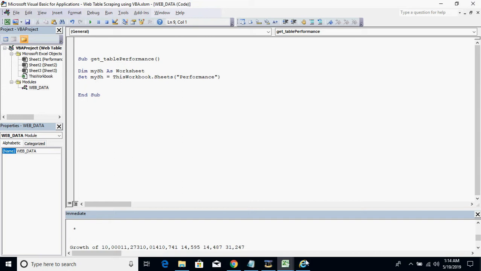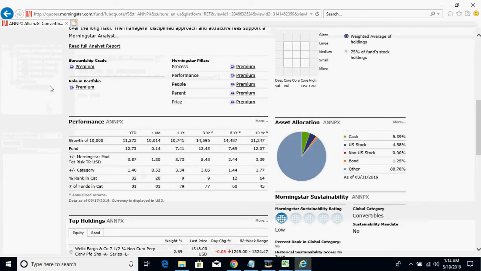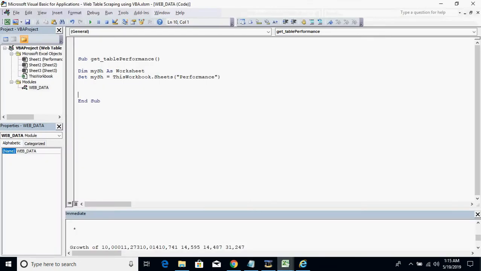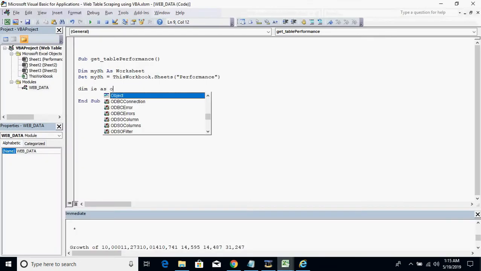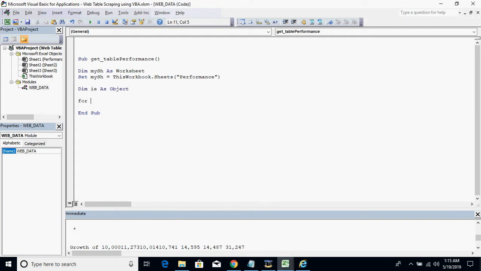All right. So there are two options to start this automation. The first one is to navigate to this URL and then capture the web data table. The second option, assuming the page is already open, is that you'll just need to capture the web data table. So we'll go with that option, and to do that, let me create an IE variable here. It should be an object, and I'll be creating a For Each loop: for each IE in CreateObject Shell.Application .Windows, next IE. If IE is equal to Internet Explorer,